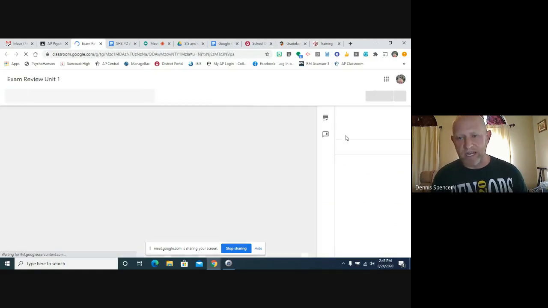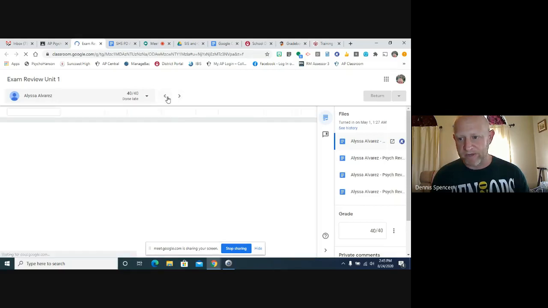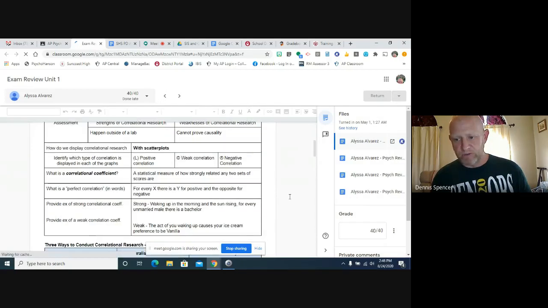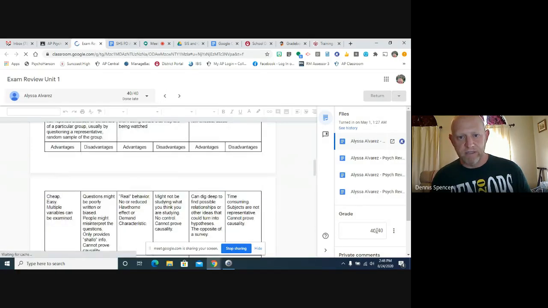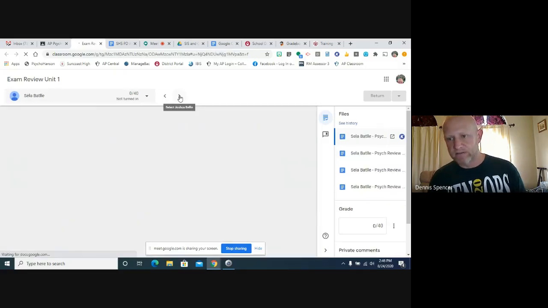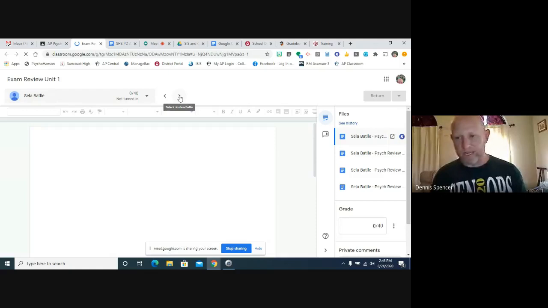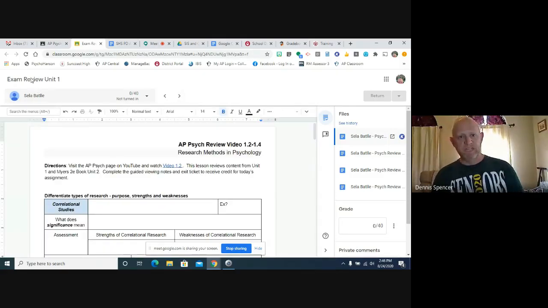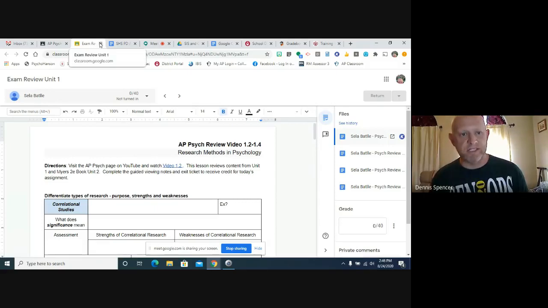I usually graded it per document because you can toggle between the documents really quickly up here on these arrow keys. So you can look at their assignment, put the grade in down here, and then when you're done with that student, you just click the next arrow and it goes to the next student. I would just go through the whole class grading that way, and then go to the assignment and return it to all of them. So there's a couple different ways,